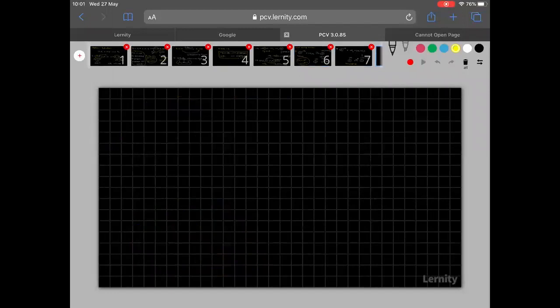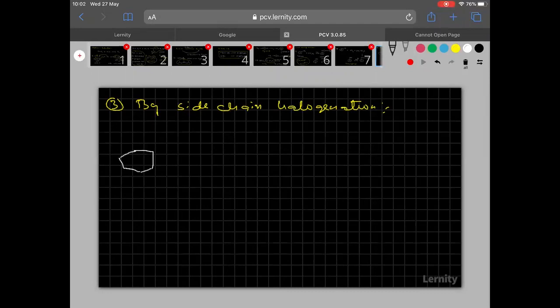Now coming to the point of the third one. Okay, remember for third one we are having a special name. Okay, what is that one? By side chain halogenation. This is also from methyl benzene only, but we have to do the side chain halogenation here. Hope it is clear. Now see clearly everyone now, side chain halogenation. So here this is the toluene.